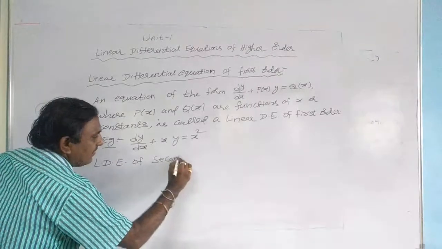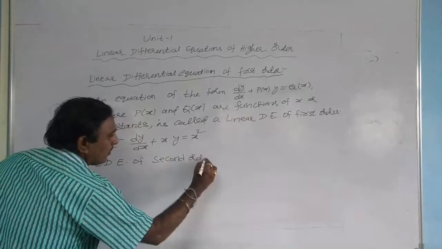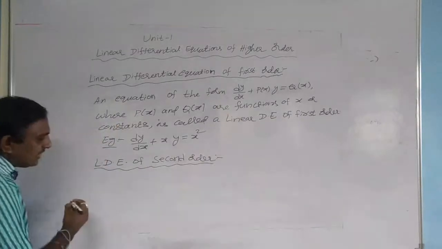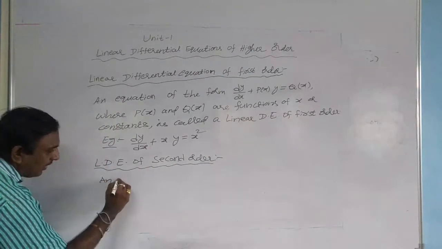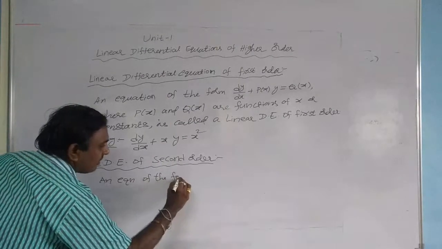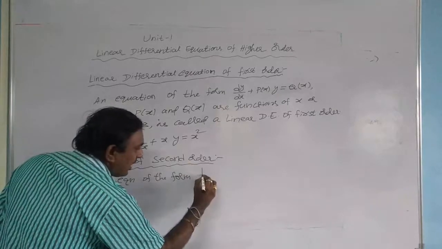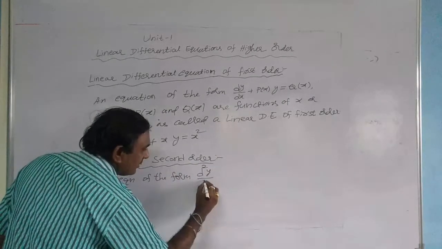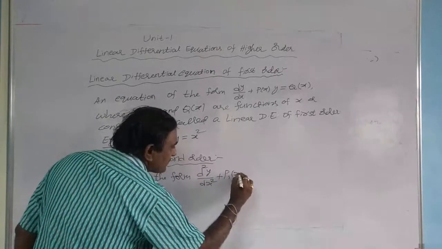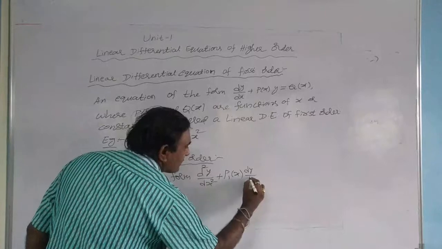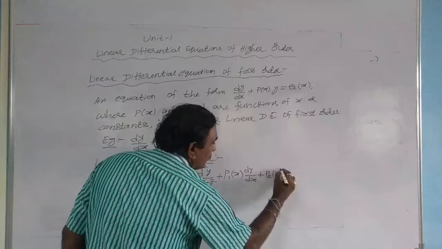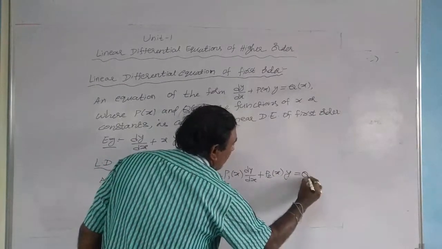Linear differential equation of second order. So what is that? An equation of the form d square y by dx square plus p1 of x into dy by dx plus p2 of x into y is equal to q of x,